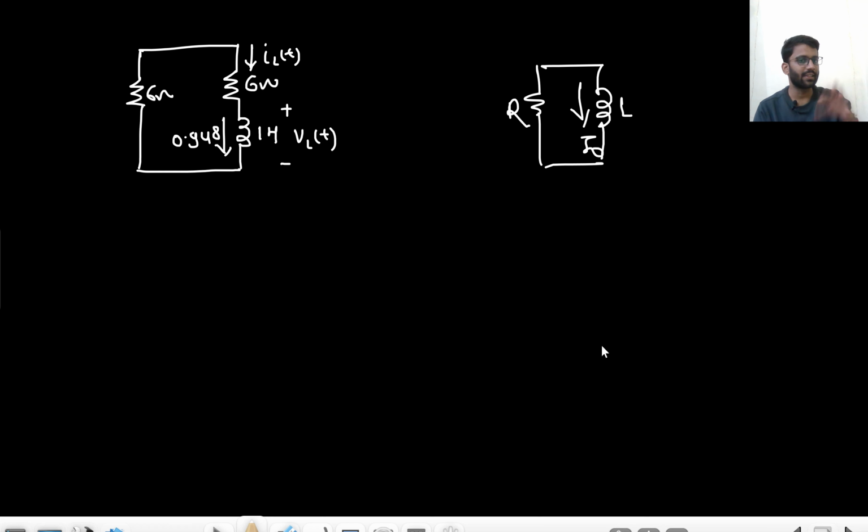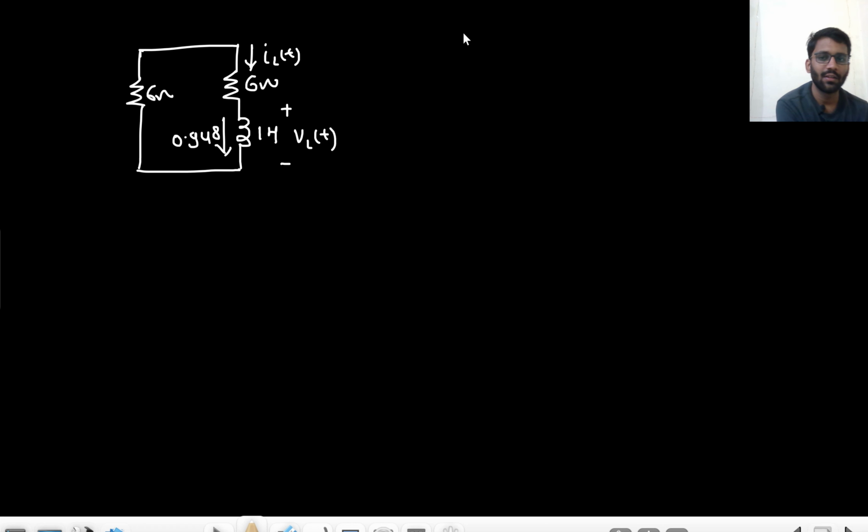So both voltage and current will go to 0 because there is no source involved. No source is involved, that means no voltage source or current source. So simply both of them will try to go to 0. And what is VL at t equals to 0.125 minus? We don't know. But VL at